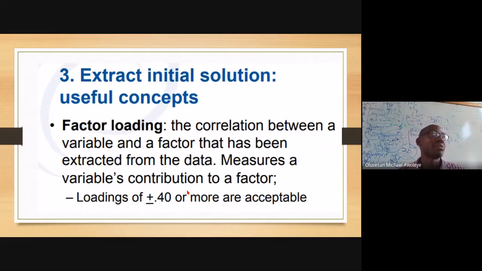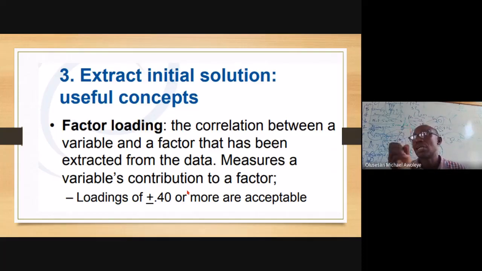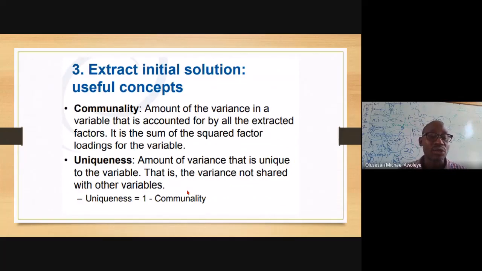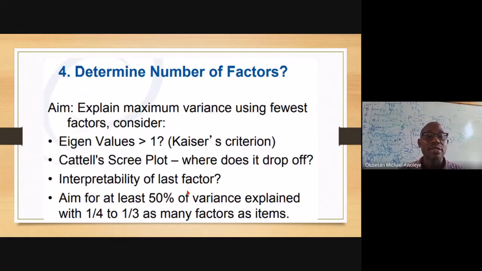It is more acceptable that when you have a loading value of 0.4 and above, it is acceptable. You can also decide that you don't want 0.4 if too many factors are generated for you and you want to reduce them. So you can raise your cut point and tell the computer, let the minimum cut point be 0.5, and you can generate your model again. You will see a column where you can put the values. So communalities and uniqueness, and then